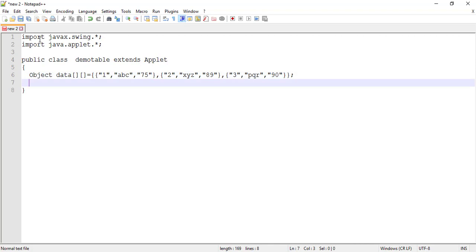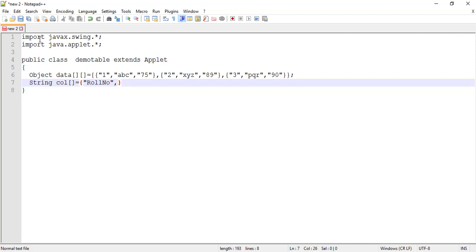Then the next array is the column heading array, which is initialized by using String, then col is the array name, square brackets equal to, again inside the curly braces the values are initialized. The first column of the table is roll number, so the column name is Roll Number.